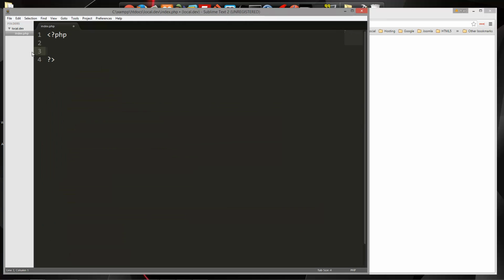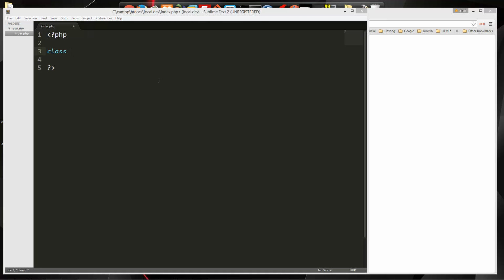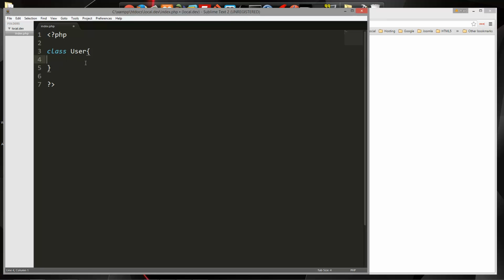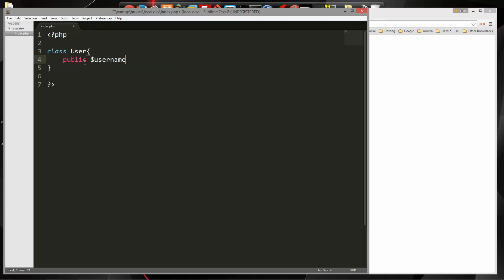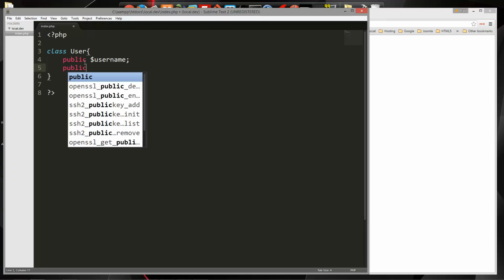So this is starting to get a little cluttered, so I'm going to just get rid of all this. And what I want to move on to now is the static keyword. So you can set static properties and methods. You don't define the class as static, but the properties and methods inside of it you can. So let's create a class. Let's call it user. And let's say user has just a regular property of username, and also